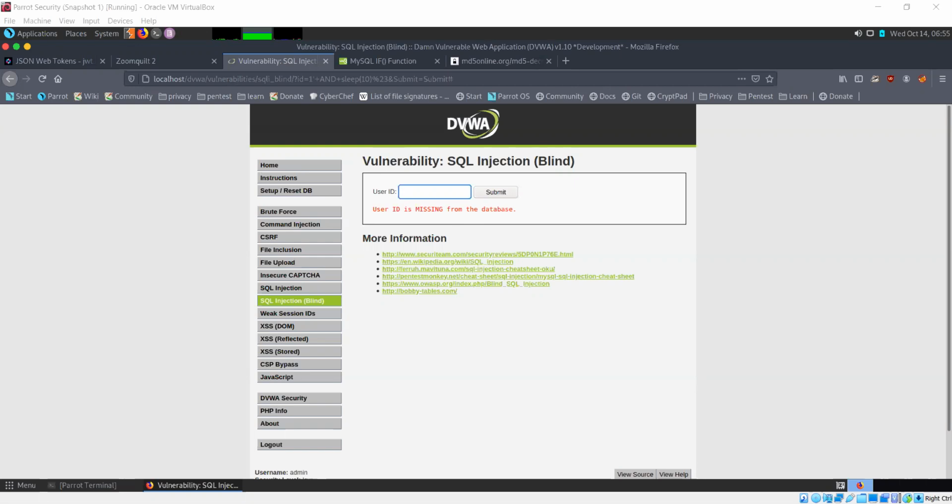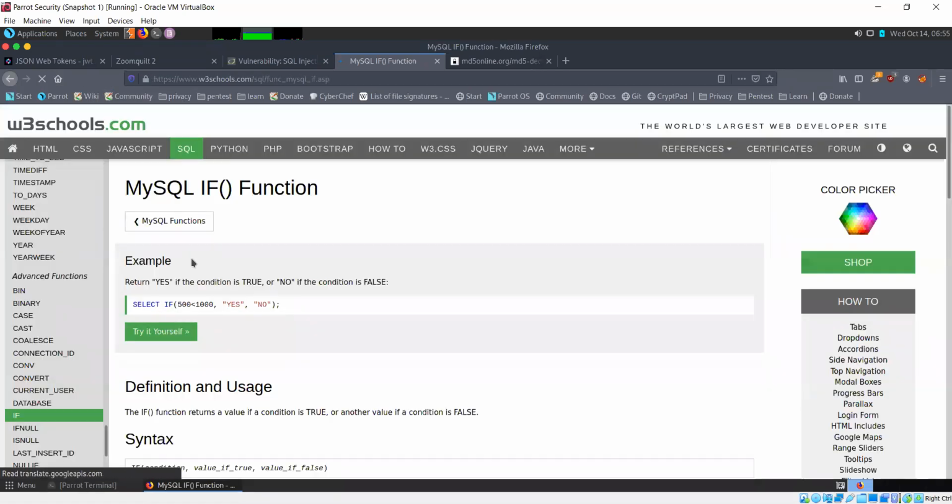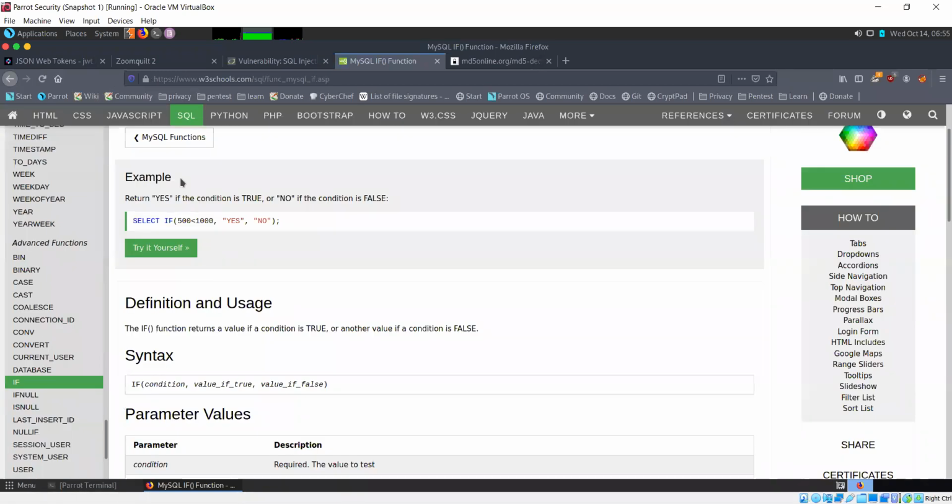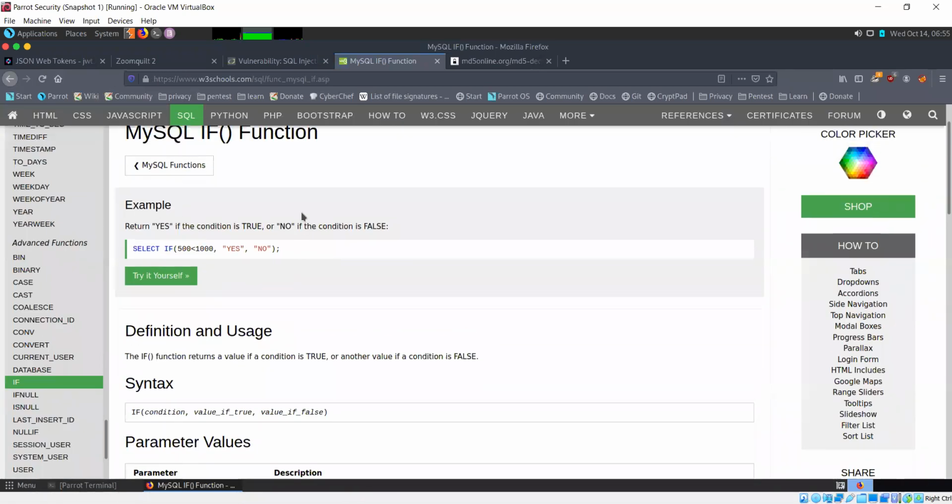For this, there are two more concepts in SQL that you need to know about. One is this if function. So what this if function does is, this is not exactly the same regarding syntax and all, but this is similar to the if operator that you see in other programming languages as well.